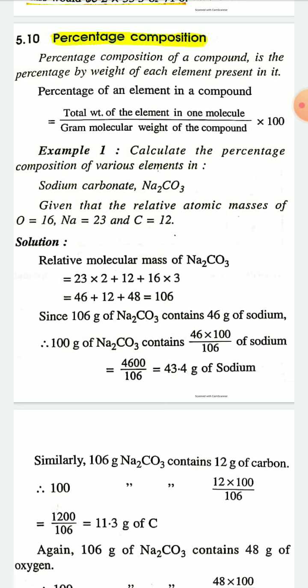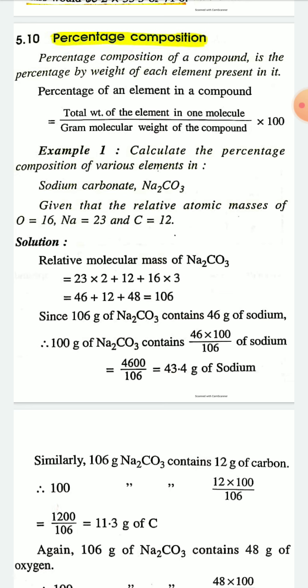Percentage of an element in a compound is given by the following equation: percentage of an element in a compound is equal to total weight of the element in one molecule divided by gram molecular weight of the compound into 100. For example, calculate the percentage composition of various elements present in sodium carbonate, that is Na2CO3. According to the formula, sodium carbonate contains 2 sodium atoms, 1 carbon atom and 3 oxygen atoms,